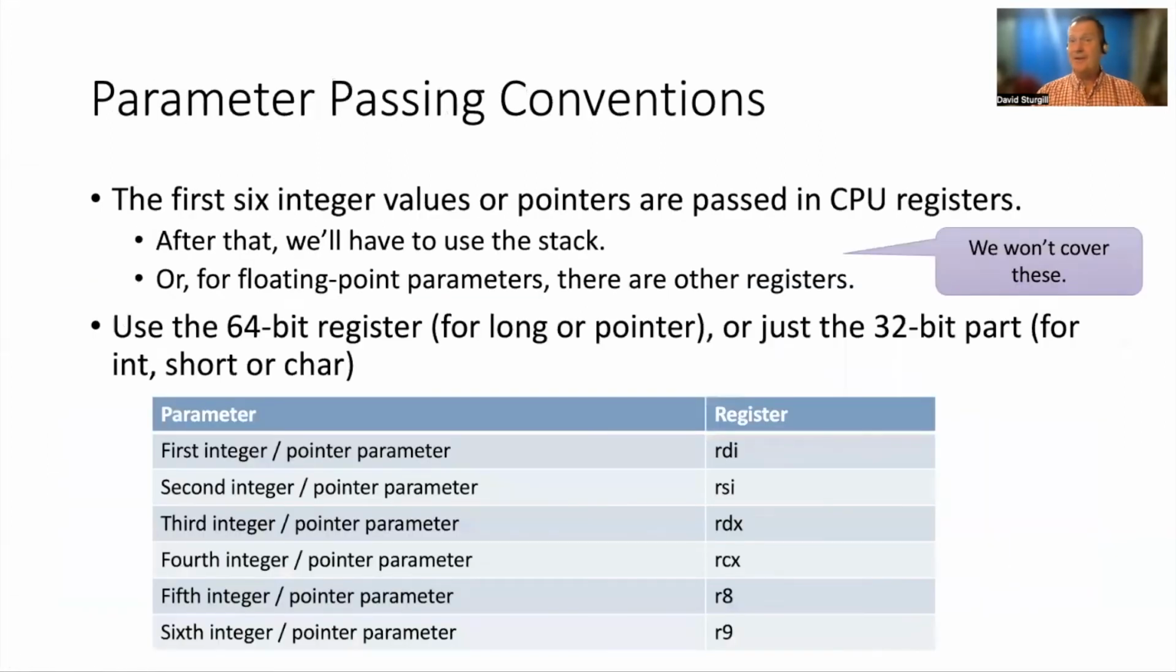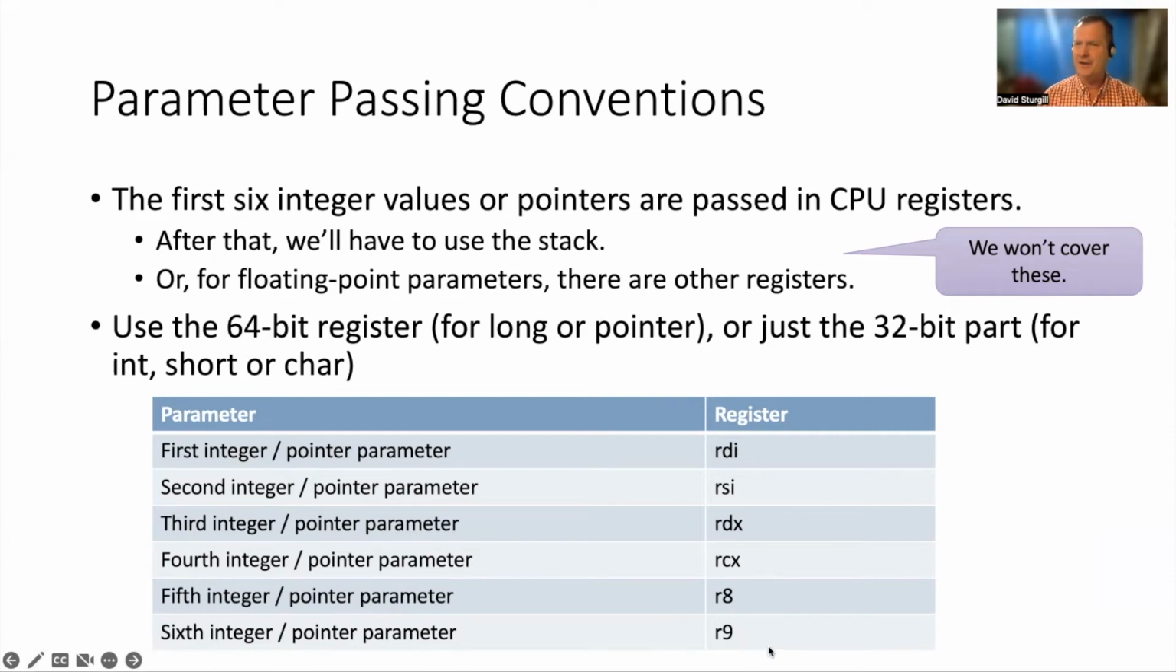I started to say a moment ago, if you want to pass parameters to a function, as long as you only need to pass 6 or fewer parameters, and as long as they're integer types, then you only have to worry about parameters passed in registers. I've listed here for the C calling conventions in Linux these are the registers that get used to pass integer parameters. So I'll read through this, but I'll try and do it quickly. The first integer or pointer parameter is passed in RDI, and then RSI, RDX, RCX,